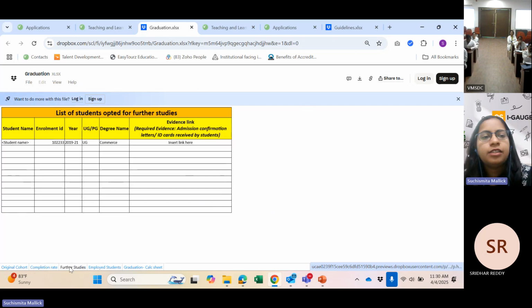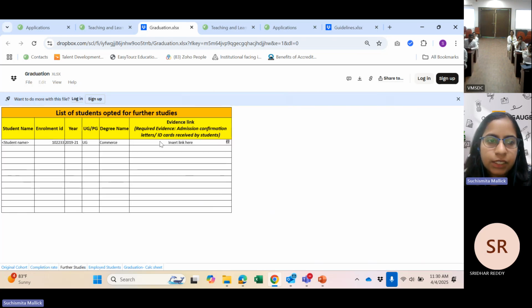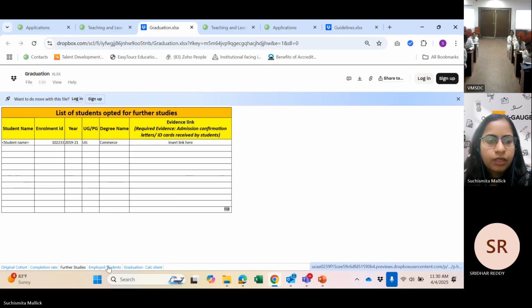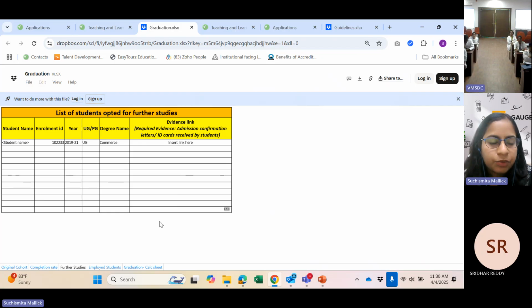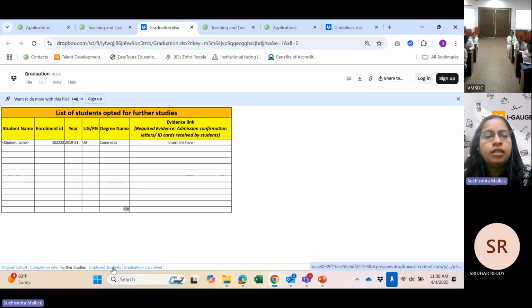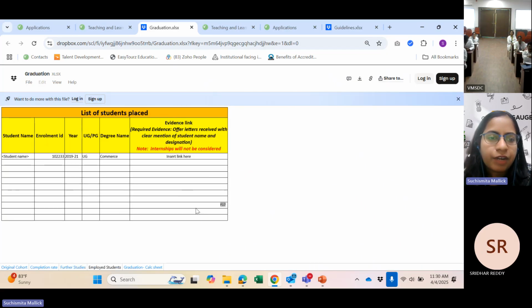Similarly, from the 80 students, how many went for further studies? Let's say 10 students went for further studies. So the 10 students' details, along with the admission letter and the ID card received by the student, you can share as the evidence. Then from the 80 students in the graduated batch, since 10 went for further studies, the remaining 70